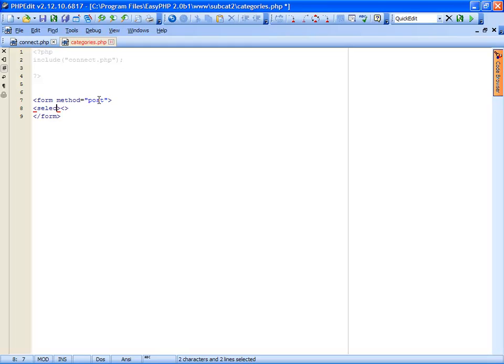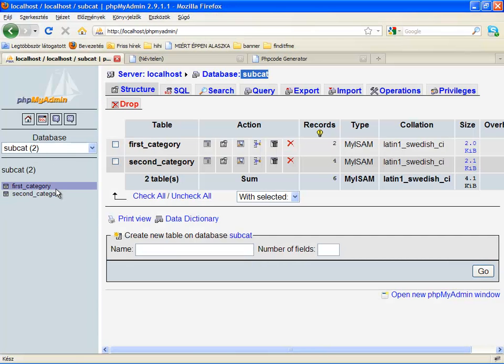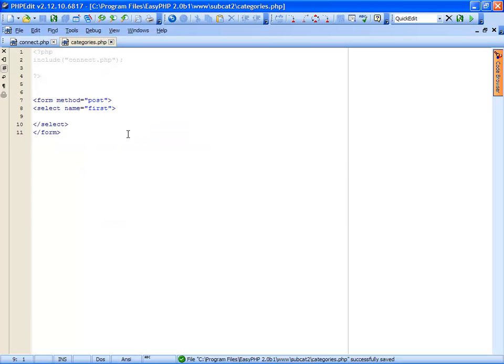Here goes a list box from the first category table. Select, its name will be first. And how to build here options. You have to make an SQL query from the first category table. Let's open a PHP block, make an SQL, select everything from the first category, run this SQL MySQL query,